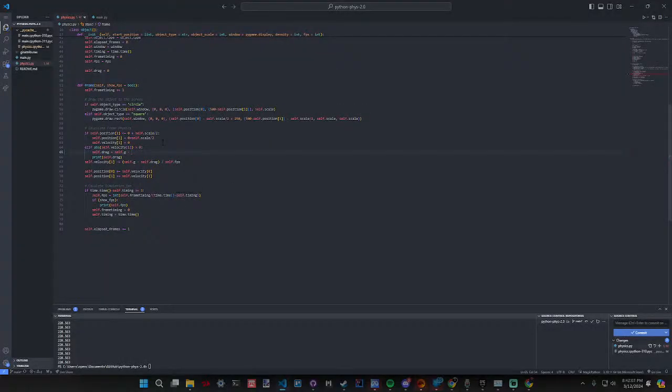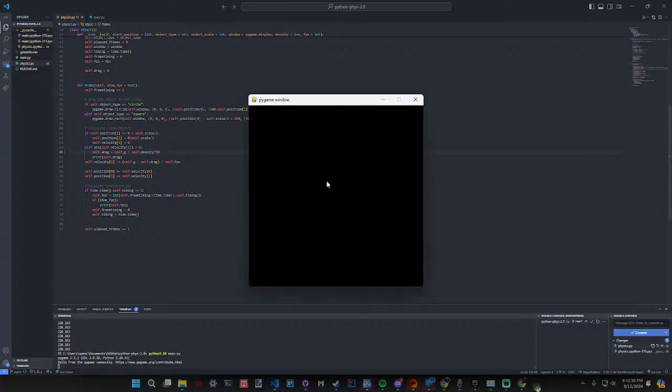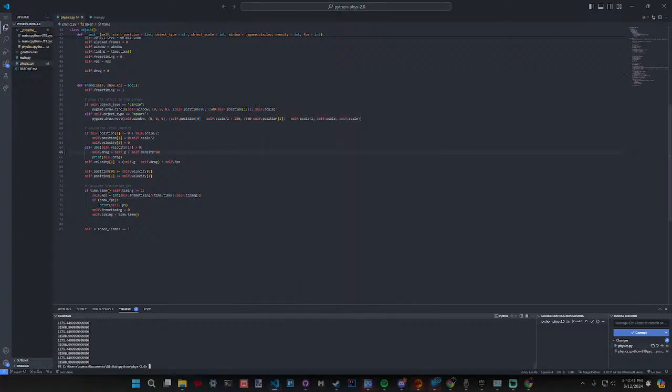Okay, so now I need to come up with this. Wait, divided by? No. Can't be divided by. Oh, divided by self.density times 10. I think this should work, so it's probably not gonna work. Oh, now they're upside down.